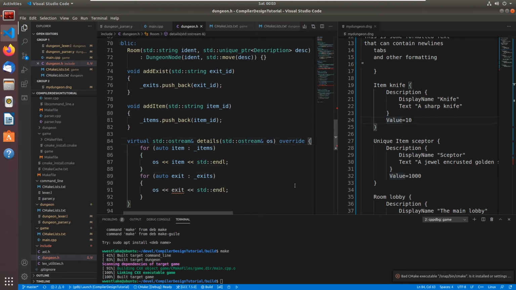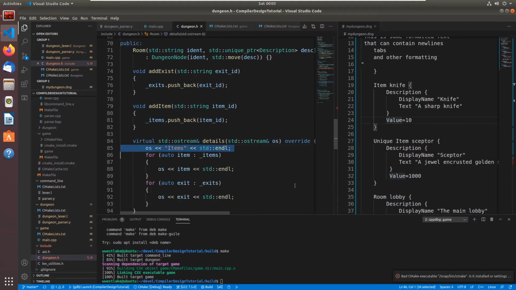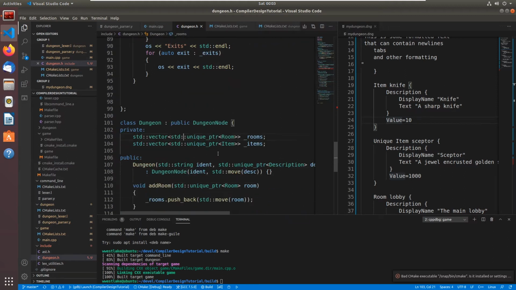Except what we'll do here is we'll go OS from items, and we'll do exits. Okay, so then